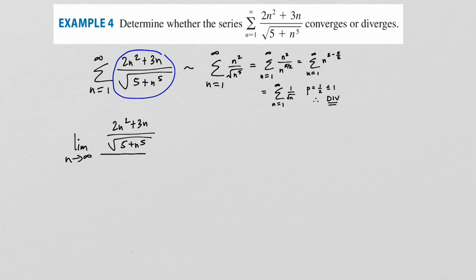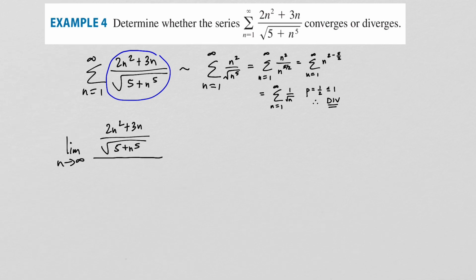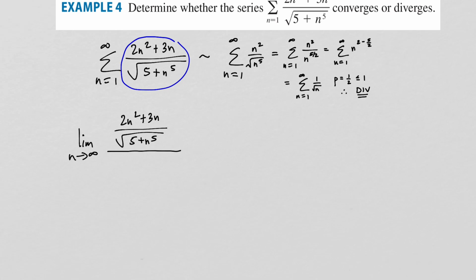And we're going to divide that by the series that we are comparing it to. Now, when I do the comparison, so when I put the one that we're comparing to down here, I could choose the simplified version, but actually instead I'm going to choose the version before we simplify it, because what's going to happen here when you do that is you're going to get a little nicer cancellation